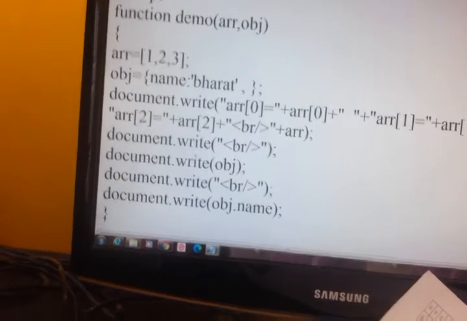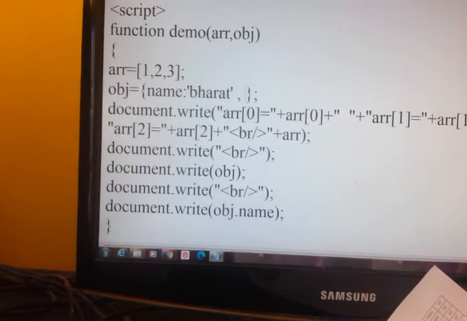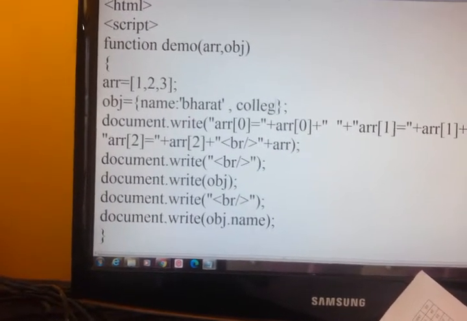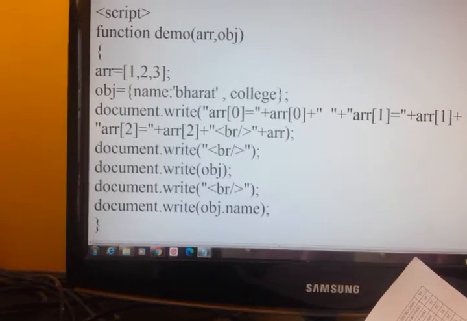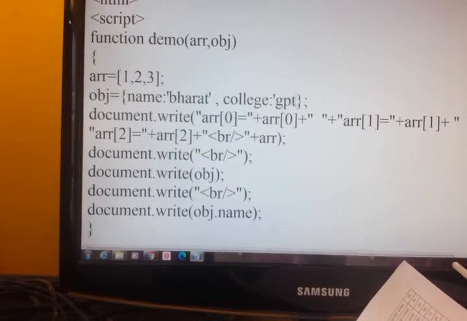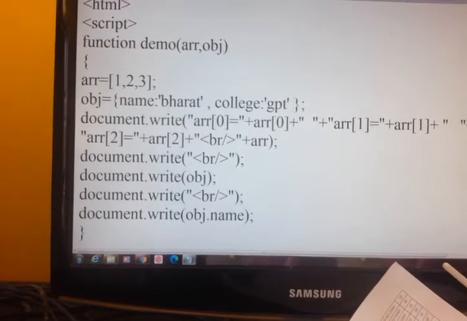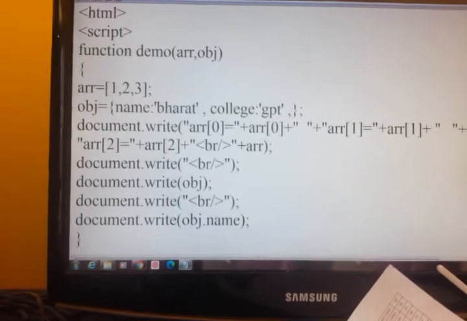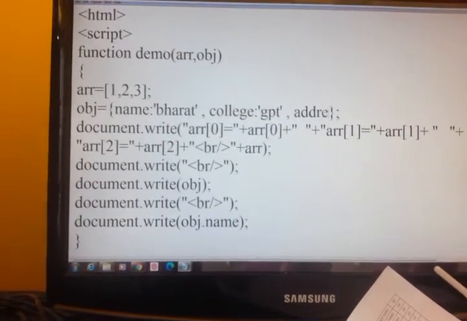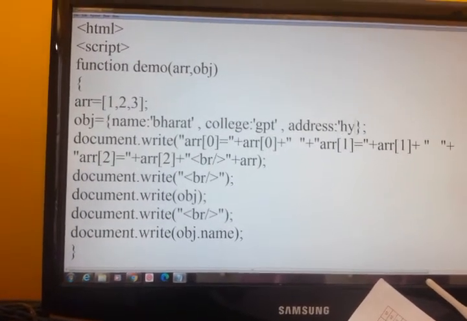I will give comma, knowledge colon GPT, comma, address colon Hyderabad.